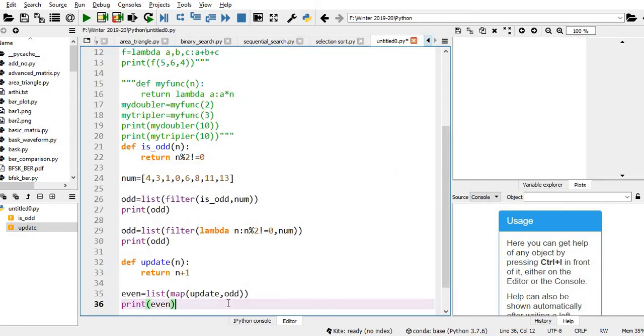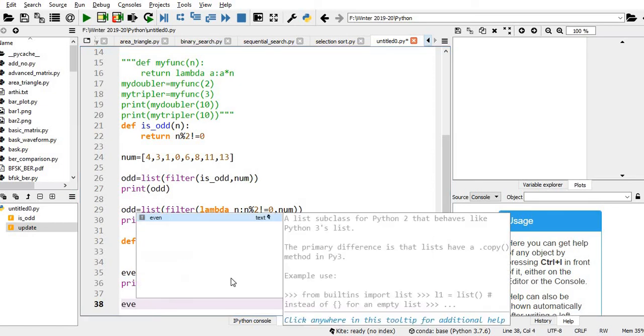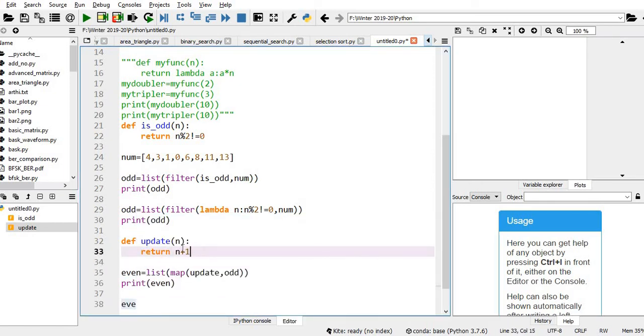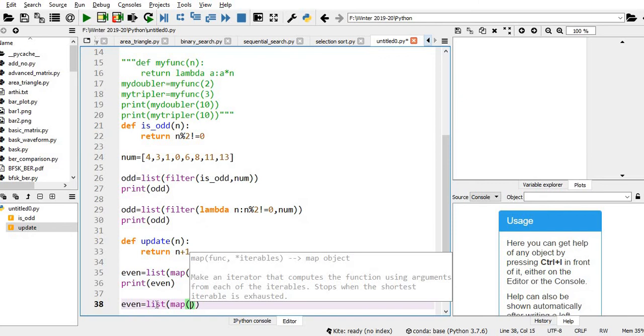Now I want to use a lambda function here. You just see there is only one expression here and one input argument. So even is equal to list of map. Instead of this update function, I just want to use lambda.